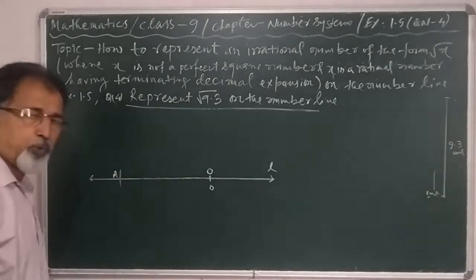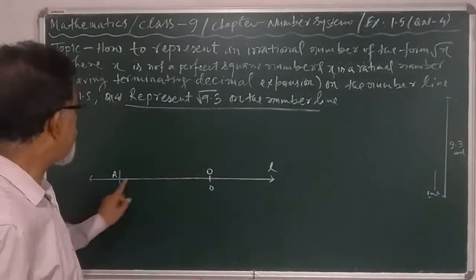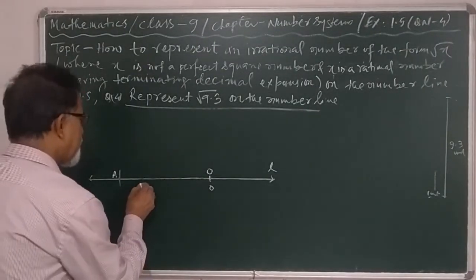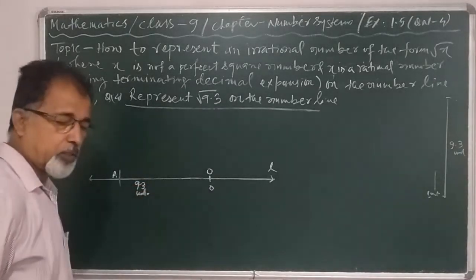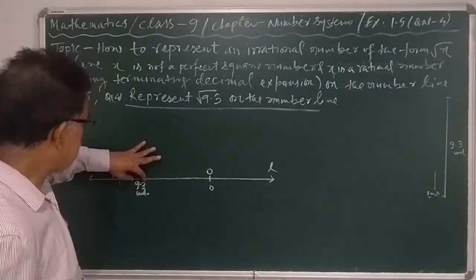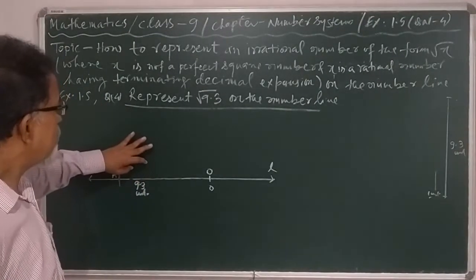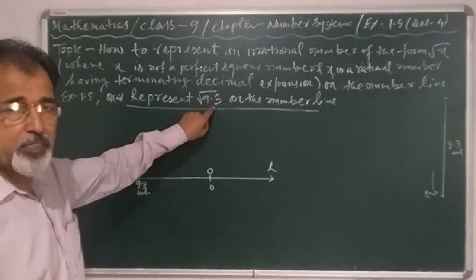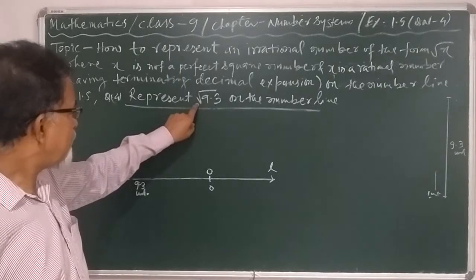A is a point on the line where OA equals 9.3 units. This 9.3 is equal to this 9.3. If